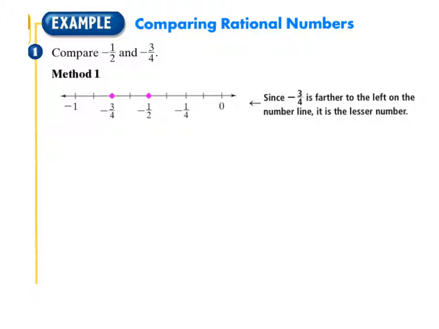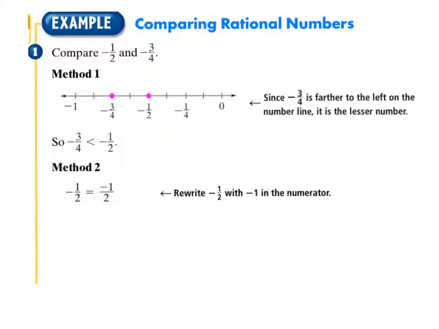So since -3/4 is farther to the left on the number line, it is the lesser number or the smaller number. So -3/4 is less than -1/2. Another way to do it is to rewrite the numbers. So -1/2 would equal -1 over 2,